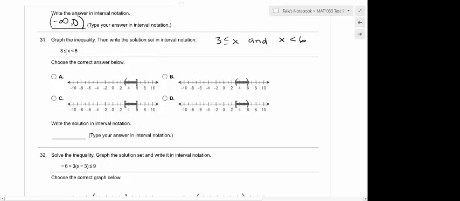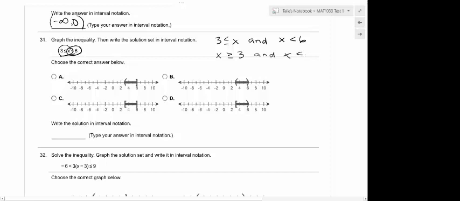So I basically just took this part and wrote my own equation, right, with this part, and then I wrote this as its own inequality, right? Whenever you have the x on the right side of an inequality, if you want to flip it around, you normally want x on the left, then you have to swap the sign. So that's another time when you have to change the sign. So this would be the same as saying x is greater than or equal to 3